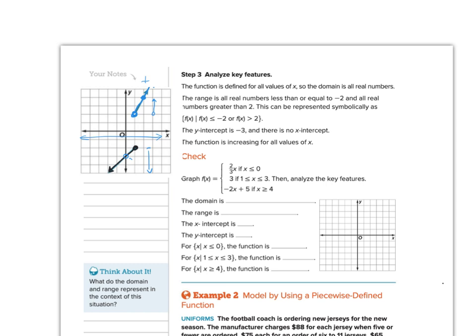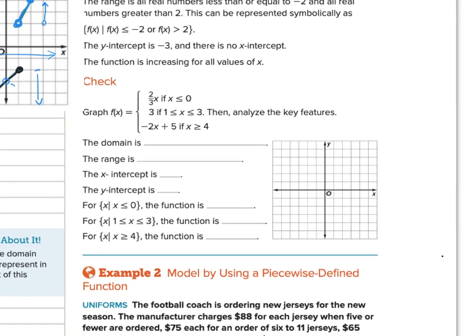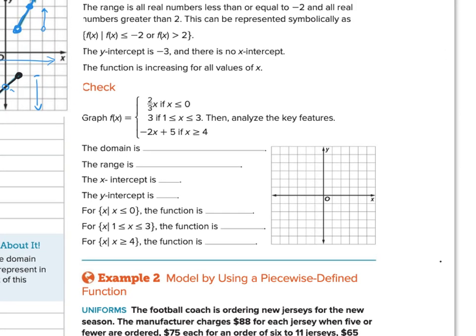So that's what they're analyzing using those key features that we just learned in the last two sections. So here we have 3 functions. When x is less than or equal to 0, this is going to include one function. In between